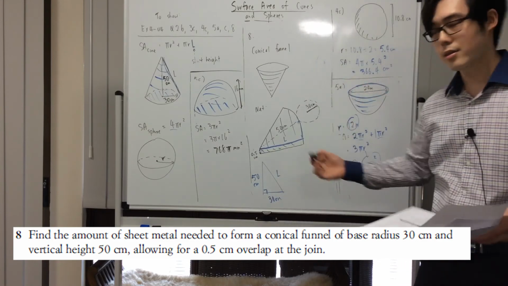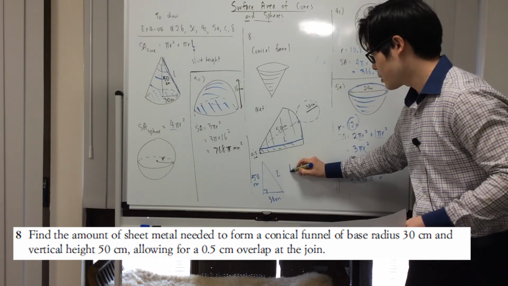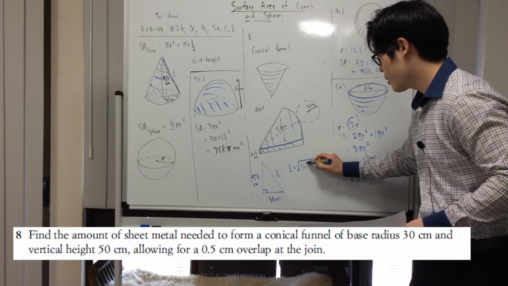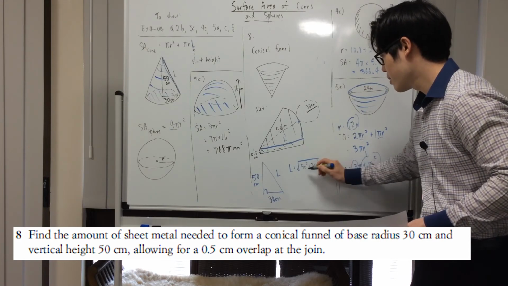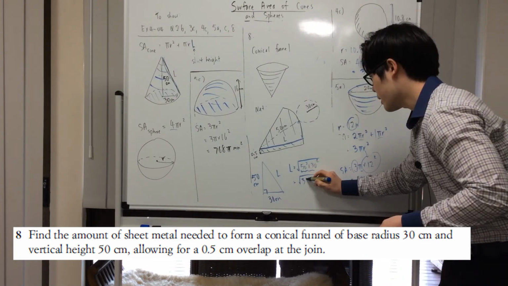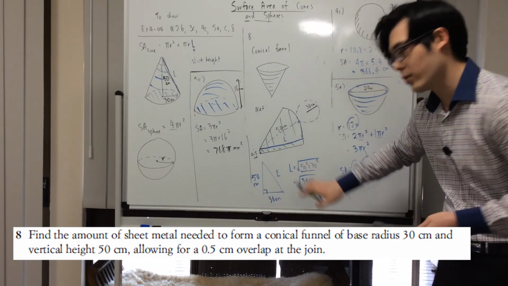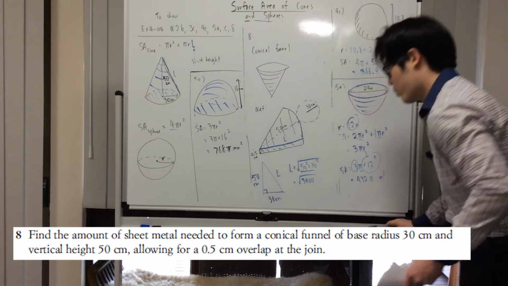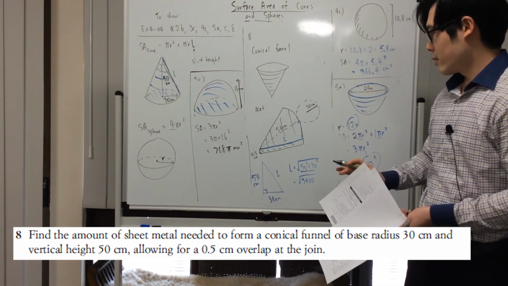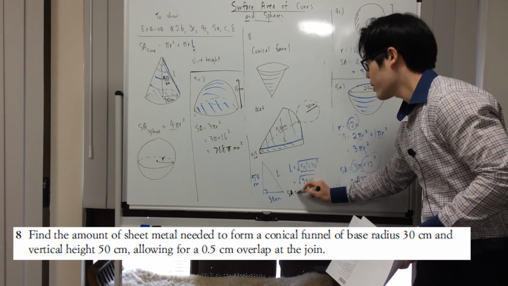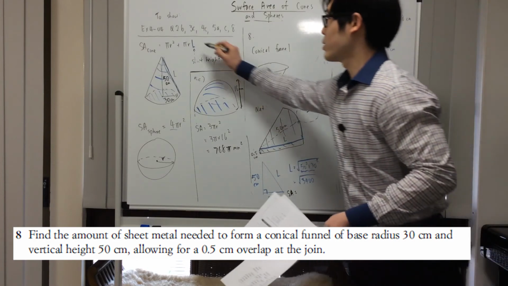So to find the slant height, which is that bit there, using Pythagoras straight away, it's 50 squared plus 30 squared. All right, so let me figure out what this is. I'm going to leave it in this form. I'm not going to evaluate that square root 3,400 because it gives you a decimal number and I don't want to round it. So what we need to do now is just find the surface area. So the surface area is just that, which is pi r l,